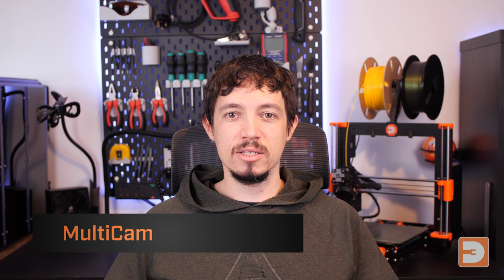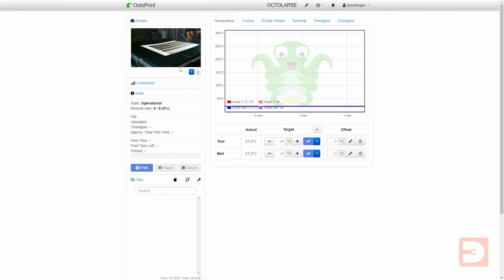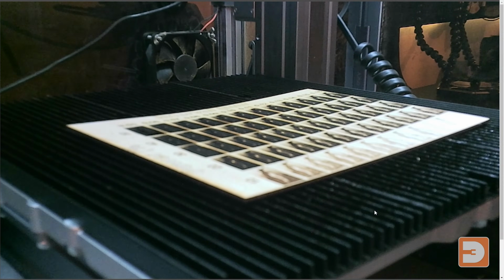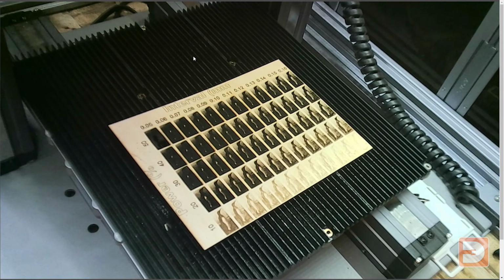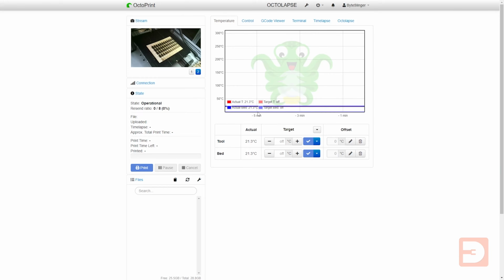The next plugin is also related to the cameras and it's called Multicam. This is really useful if you need to have multiple perspectives of your 3D printer. You might have one coming from the top and one coming from the side so you can see where the nozzle is on the print, or you might even have one facing your filament reel so you can see how low that's getting in real time. Multicam allows you to have multiple webcams fitted to Octoprint and you can flick between each one. So I have it set up on my Snapmaker so I can have both a high and a low angle of 3D printing, CNC milling, or laser engraving.